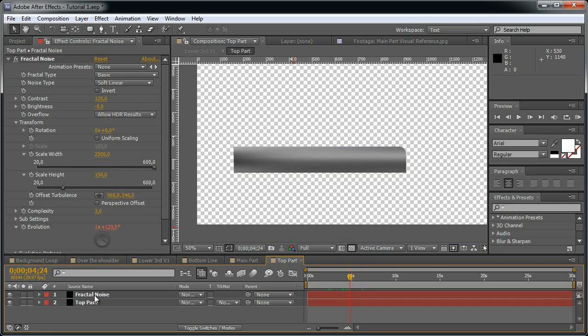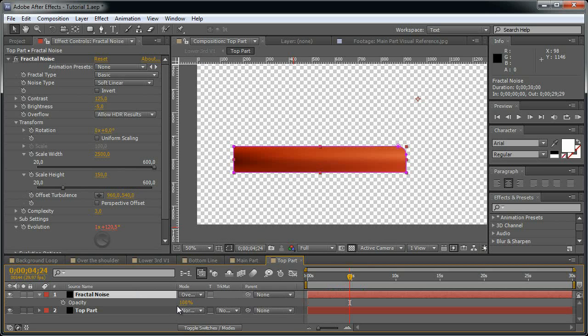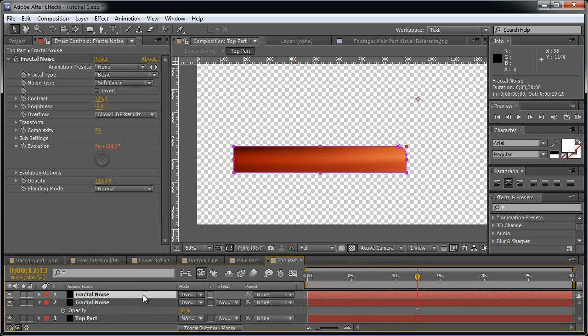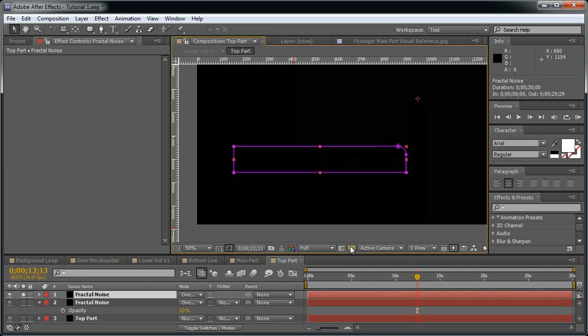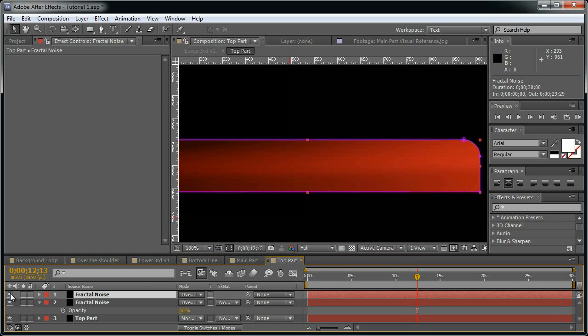Set this to overlay and reduce the opacity to 60, and let's duplicate the layer and just delete the noise, and we want a black solid at 60% to an overlay mode just to darken a bit the shape,